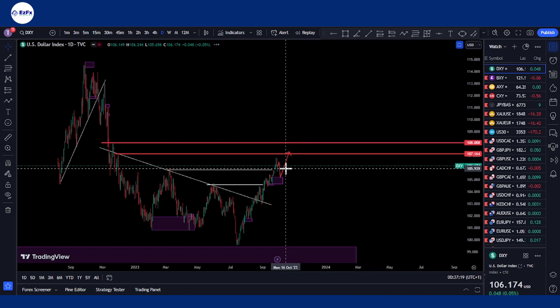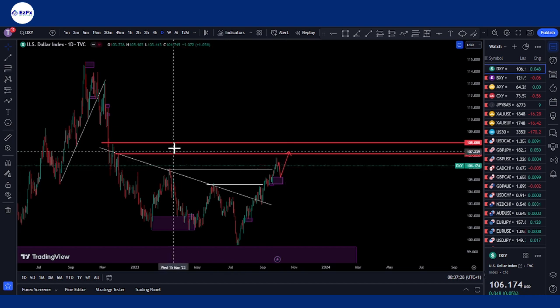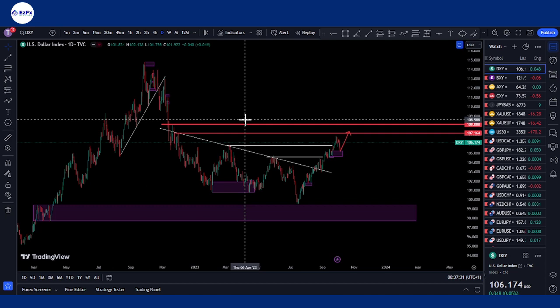And straight away, we're just going to go into some of the currency indices together, and then we'll be looking at some of the currency pairs together. All right. So first off, this is the US dollar currency index, that's DXY.